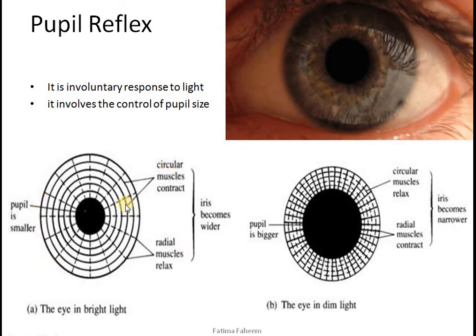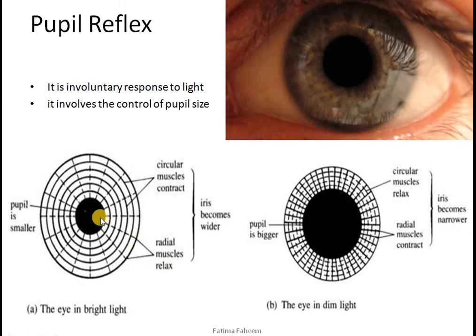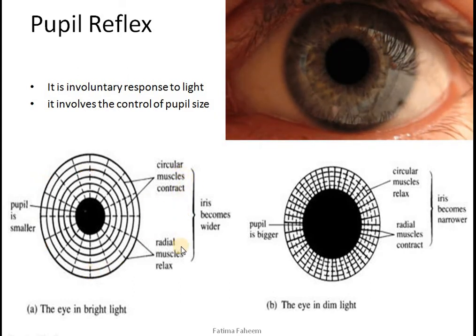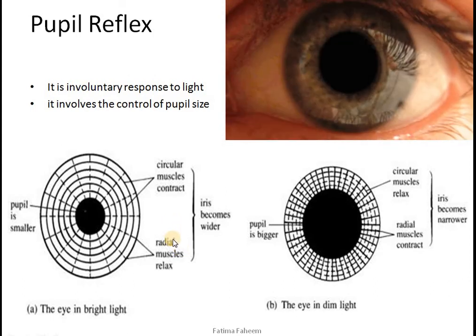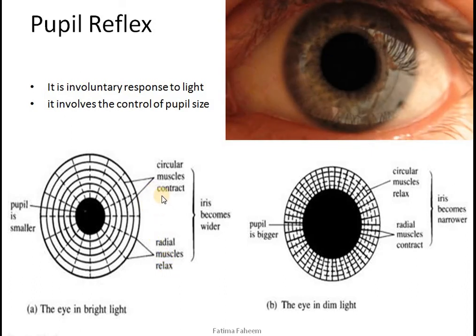Circular muscles are arranged in circles in the iris, as you can see here in the diagram. On the other hand, radial muscles are arranged along the radius of the iris. If you can see, they are radially arranged, hence called radial muscles. Muscles that are arranged in circles are called circular muscles. I used a term, antagonistic muscles. What are those muscles which are labeled as antagonistic muscles? These are the muscles that work opposite to each other together to perform a specific function.